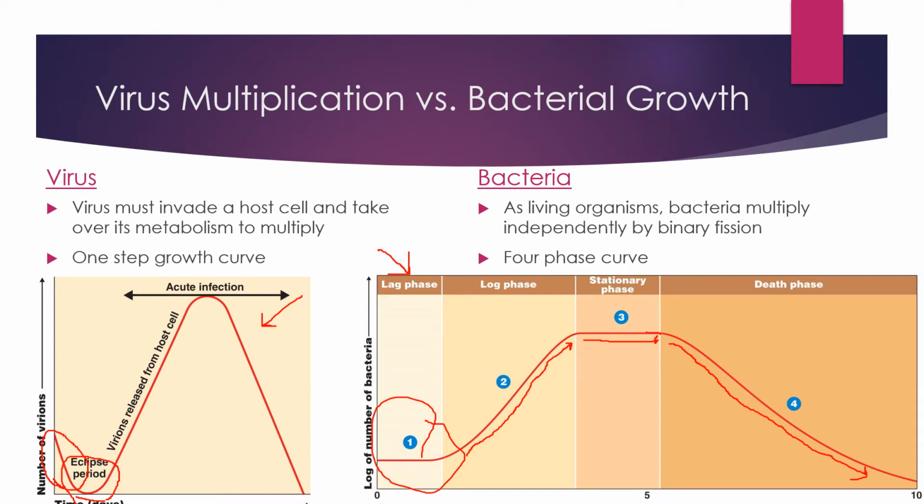After the eclipse period, we would start to see the viruses burst forth from the host cells. And they'll burst forth either by budding or by actually rupturing the cell. And this leads to an increase, an exponential increase, in the number of viruses that we can detect within our